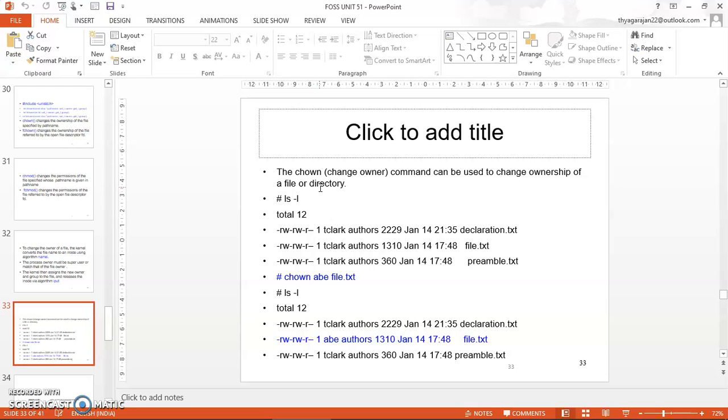The change owner command changes the ownership of a file or a directory. Let's take an example. Here ls -l gives us a long listing of the files or directories present in the current directory. So we have the syntax chown space ab space file name, right? Here ab is a username, and the file name is file.txt, alright? So chown ab file.txt, right? So take for example ls -l, I can see the